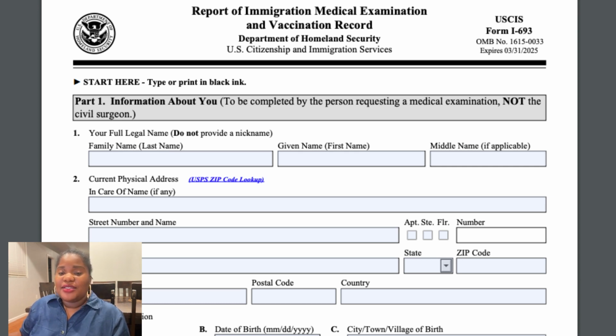Now, the I-693 form is a document that must be completed by a USCIS approved physician when an intending immigrant is applying to become a lawful permanent resident, or AKA a green card holder. Now, with this new change, green card applicants can now submit their medical form up to 2 years after it